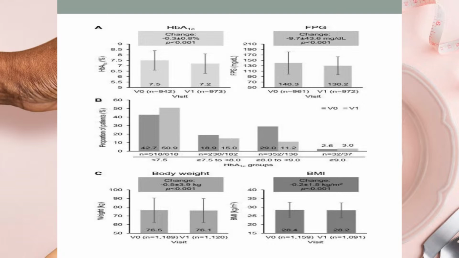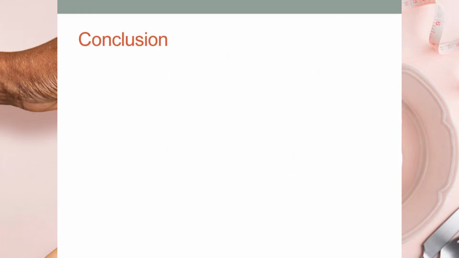And that's also busy, but it just gives it in a pictorial form. You can see the first row, changes in A1C, it was significant compared to before Ramadan. For fasting plasma glucose, again the changes were significant. And the last row at the bottom is the body weight, and the change was significant. We expect that using an SU, they may gain weight, but they didn't. They rather lost weight. Some may argue that maybe it's because they are fasting. But what is clear is that the use of gliclazide MR during Ramadan did not result in increased body weight. So we'll conclude,